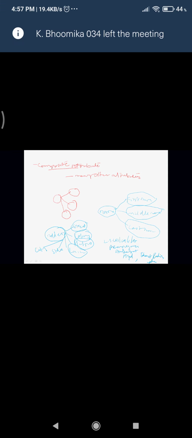And I have something called pin code. Now I can put all of this together in a single entity. But if I want them separately, like which street, the colony name, the city, the state, the country, and the pin code, then I can split the address into this many pieces. Then that attribute is called a composite attribute.